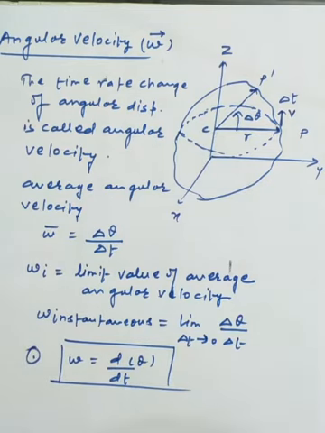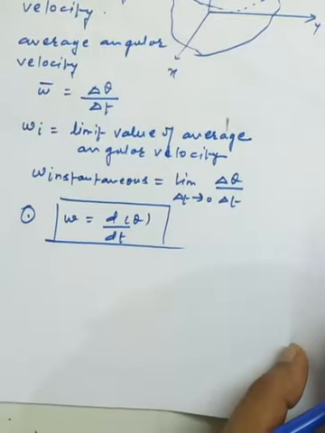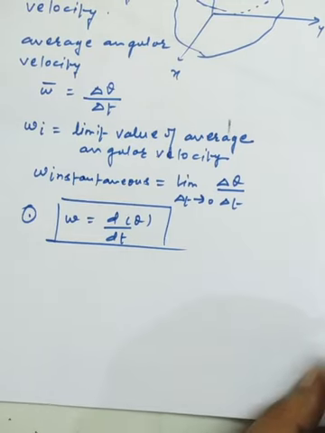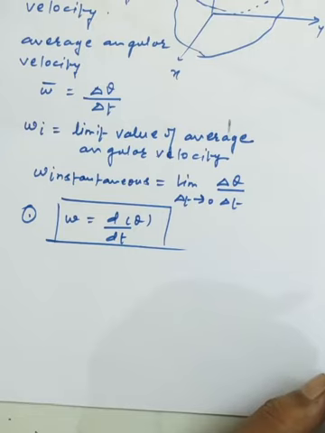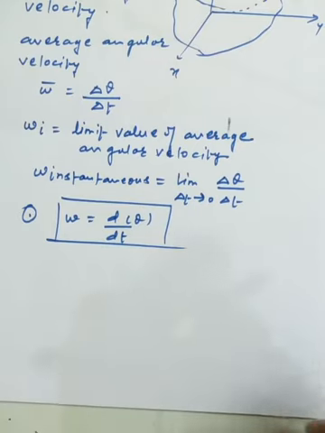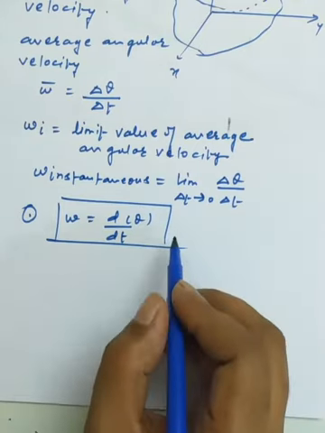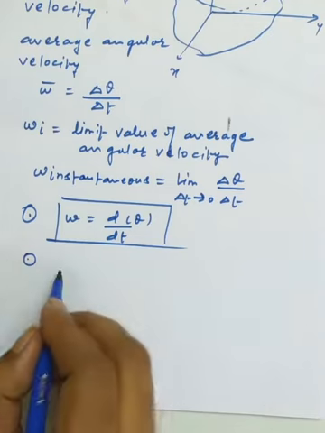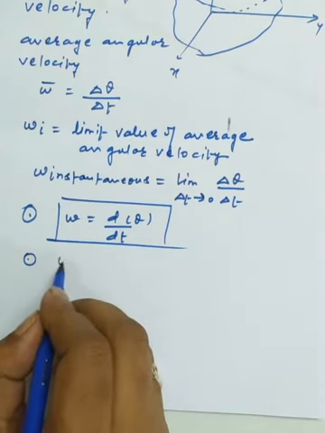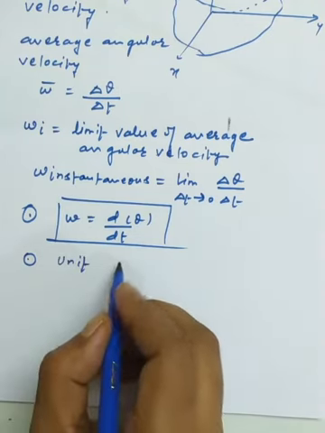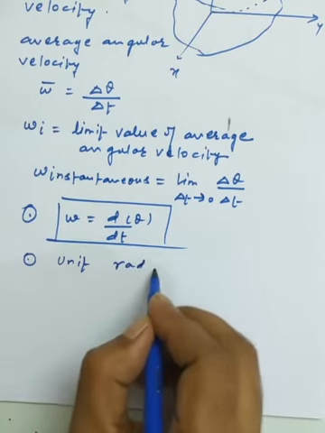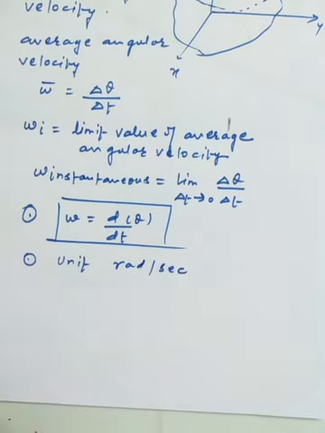This is one of the basic formulas we have, and we are using the same thing we did in linear motion. We discussed all the equations of motion with the help of the calculus method, so we will apply the same rule here. If I talk about the unit and dimension, the unit is radian per second.